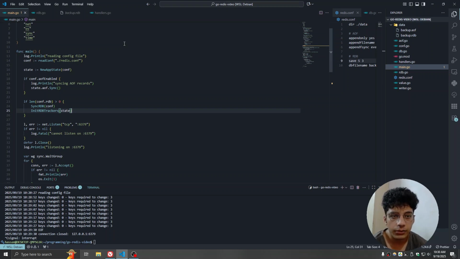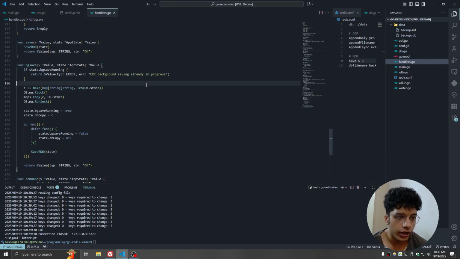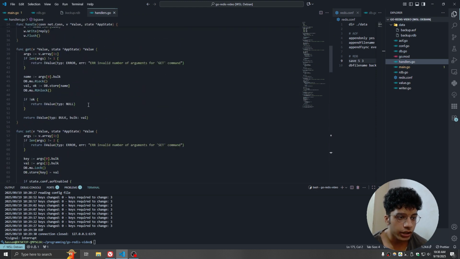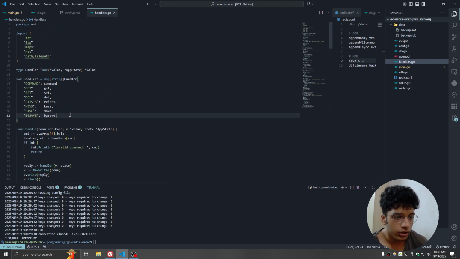And the DBSIZE command, which is going to return the size of the database, which is just the length of the map in our database, right? So both of these are super simple commands to implement, so this is going to be a very short and quick video. So let's just go over to the handlers file over here,